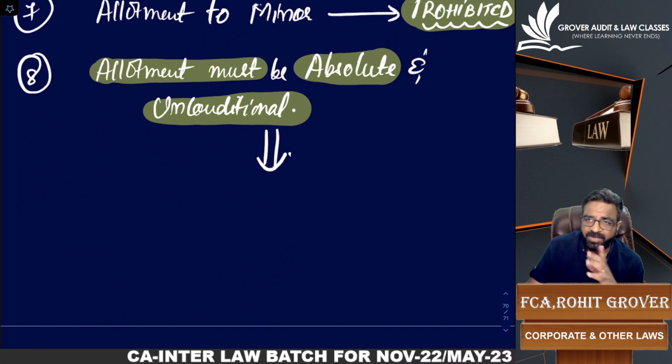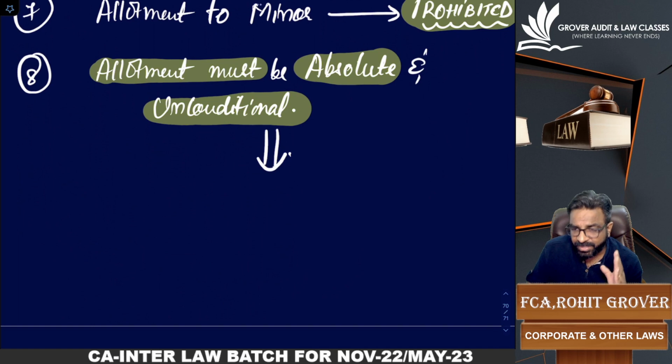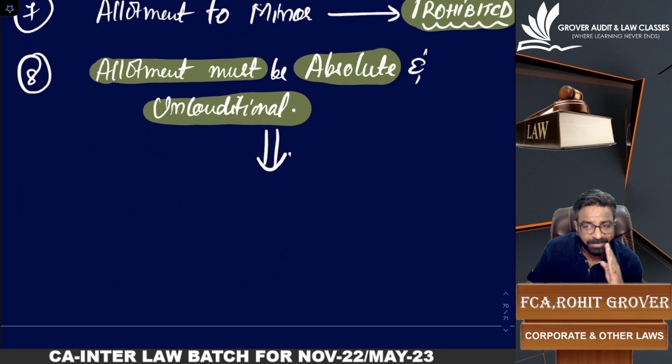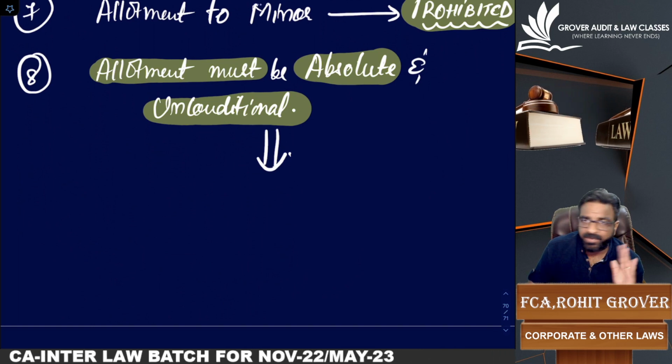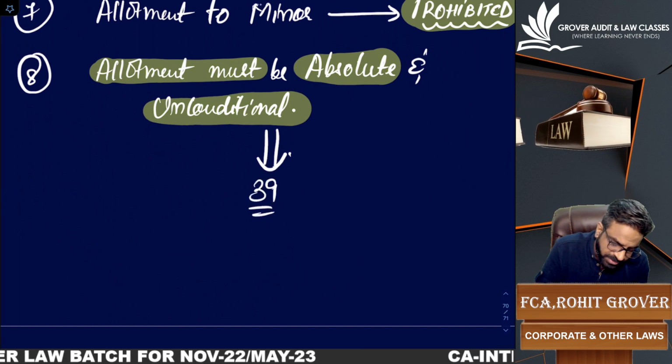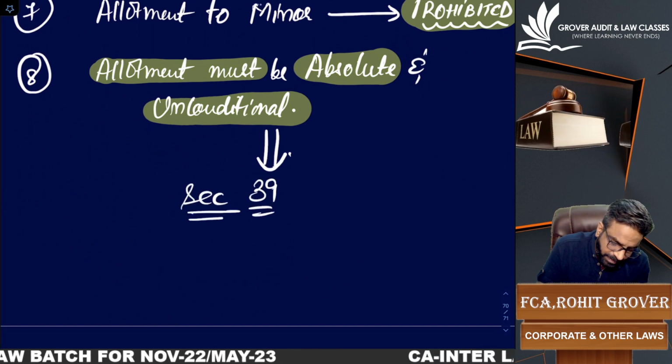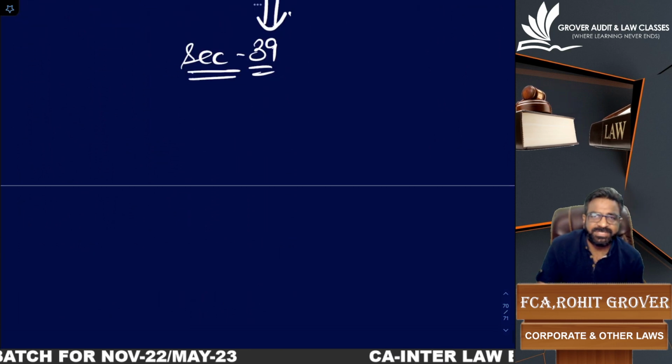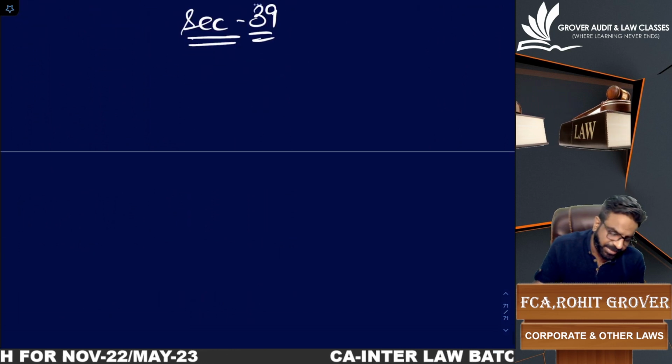Now, let us understand some sections relating to allotment. First of all, let me make it very clear. There is no definition of allotment. What I told you is the meaning of allotment. There is no definition in the Companies Act. Now, the first section which belongs to the allotment is known as section number 39. Now, listen to this section number 39. Section number 39 says that